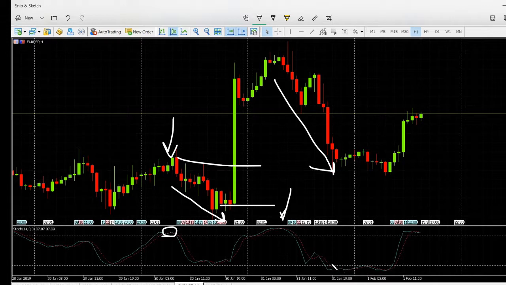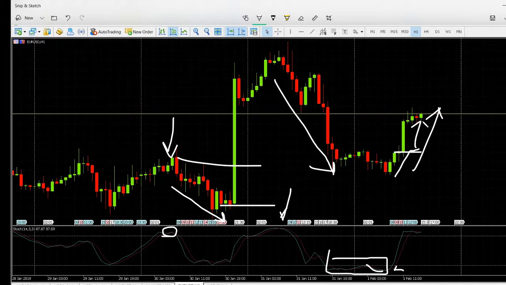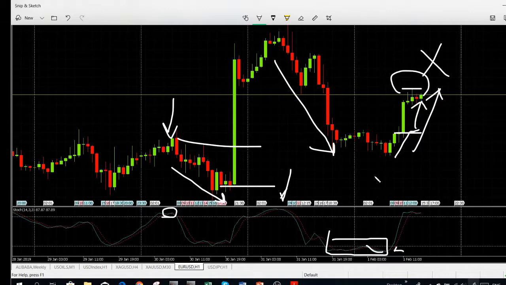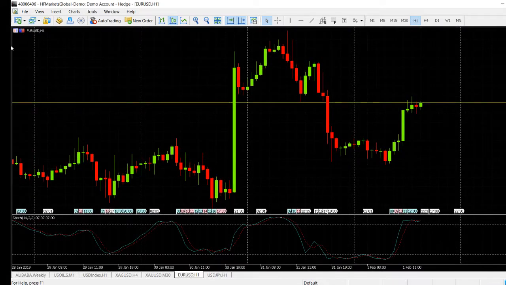Or here, you can see the sideways movement, a first confirmation and a second confirmation of stochastic to buy, and that could be a nice buy signal. However, this is the first level and the second level, and now we are in the third level, so it's better not to enter the market at this level. So this is what this indicator tells us. However, if you want to trade more safely, what you can do is